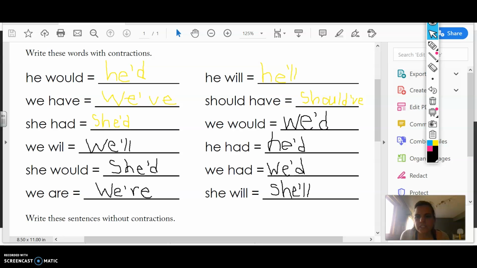Hi, second graders. I hear some of you are struggling with the contractions. So if you want to check your work, you can pull out your Sonday number 99 worksheet and take a